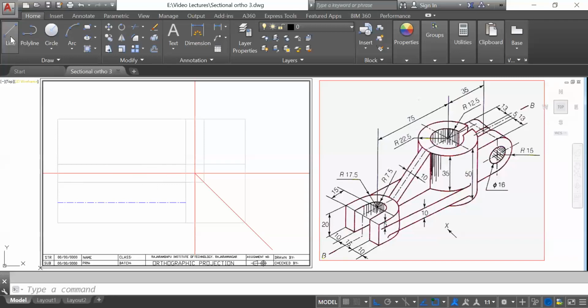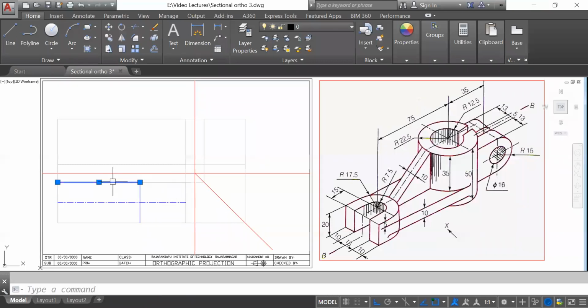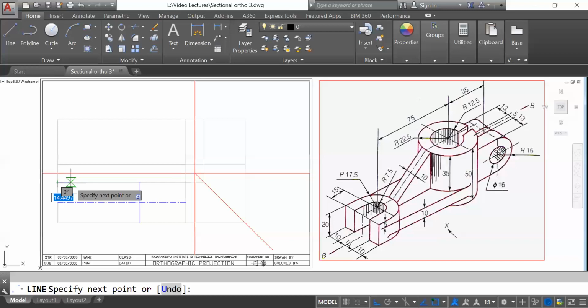So I can draw a line 90 mm from this corner. From any one side you can calculate the dimension and just draw the vertical center line over there. Then one of the center lines is 15 mm from this side. So I can draw 15 mm from this side and then draw one more vertical center line.